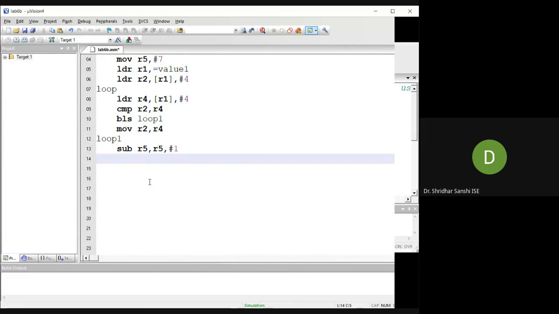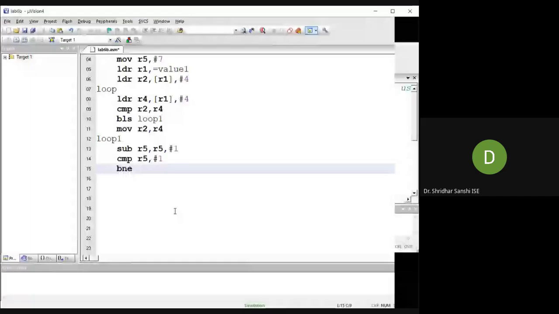Next, compare, to check whether we have reached the last element. Until this becomes 1, it's not equal, so I have to start comparing the next element. That's why I'll write BNE loop.